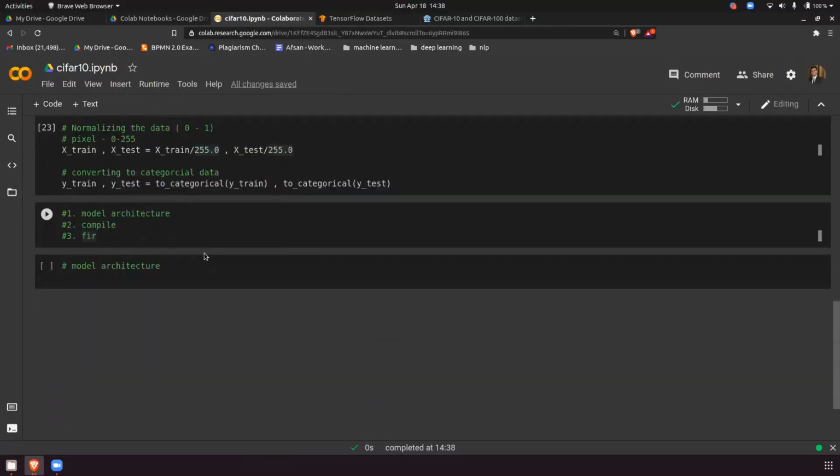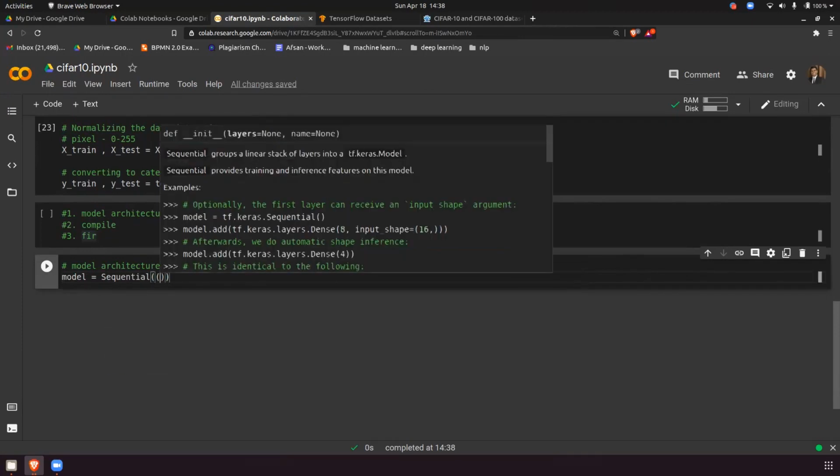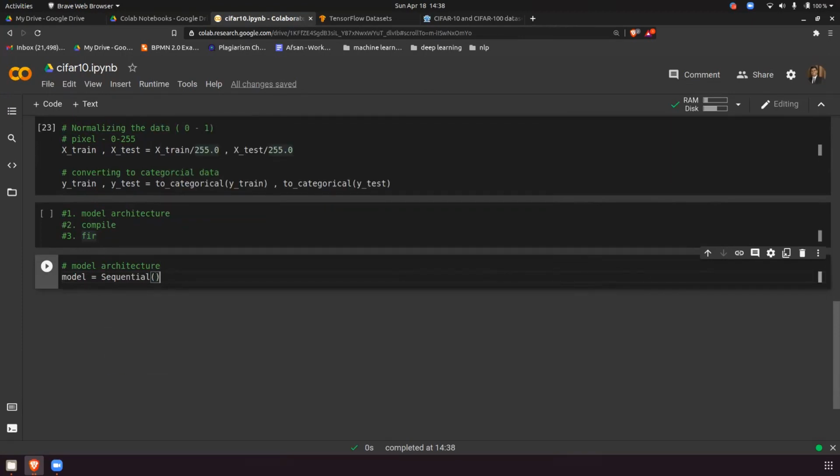Go down again and let's start building the architecture. The first thing we'll do is create the architecture in a different way. I will give you the second way to build the architecture. You can put Sequential here and just close the bracket. Then you can do model.add.